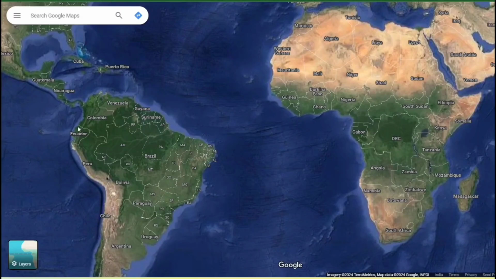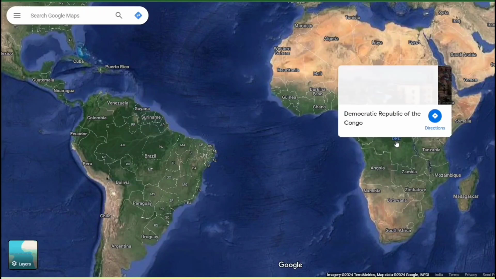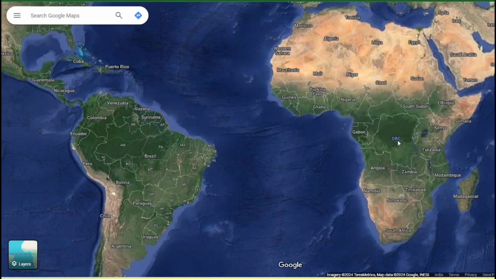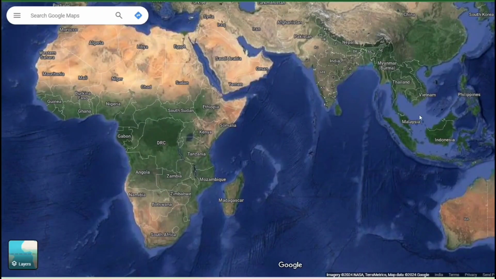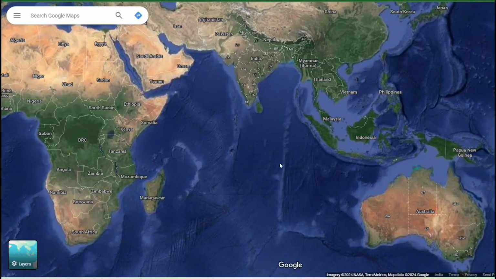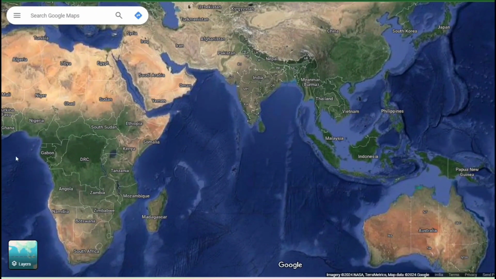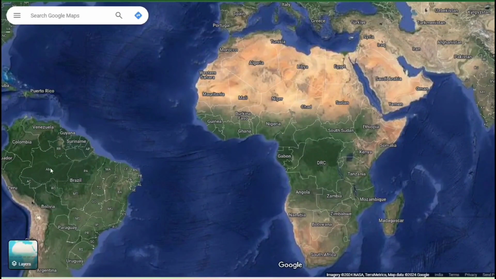It usually coincides with the Amazon rainforest and the Congo rainforest. You have the Democratic Republic of Congo, DRC, and you have the Amazon rainforest in Brazil, and in Colombia, Venezuela, Peru, Bolivia. This is the extent. And also you see the rainforest in Borneo, Indonesia. These are also rainforest. So all these countries are passing through this equator.